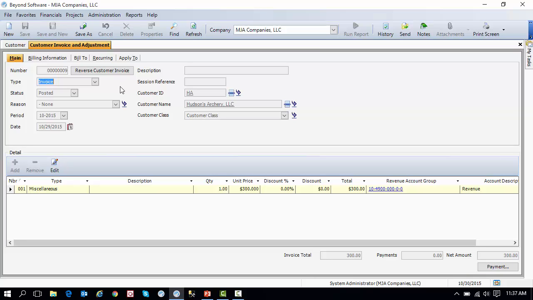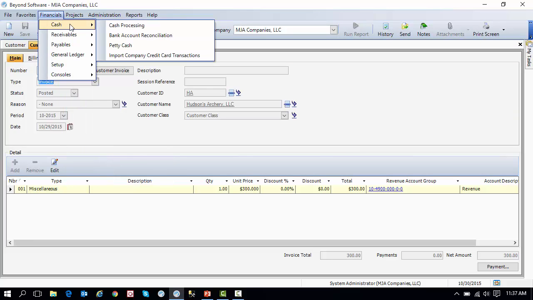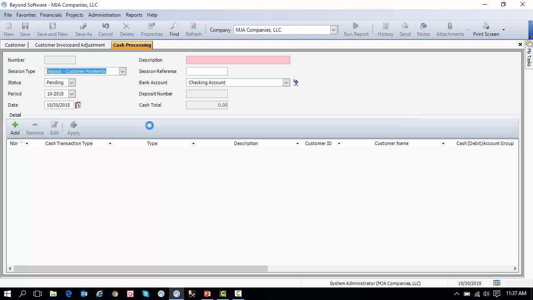Payment entry is actually centralized within our cash module in the cash processing screen. Within a single screen you can process all of your cash, whether that money came from customers or elsewhere. You can process customer payments or other cash deposits or bank transactions or other things like that, all in the same process. So here, for example, we could process October, specify which bank account you're going to be dealing with,